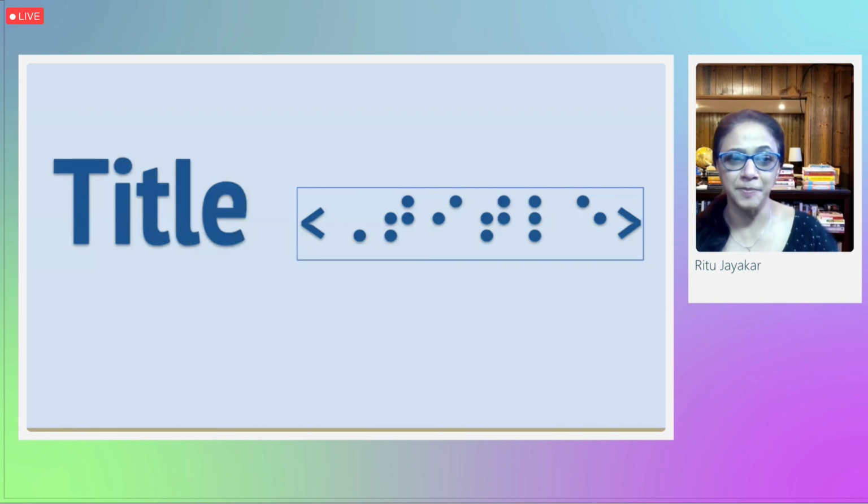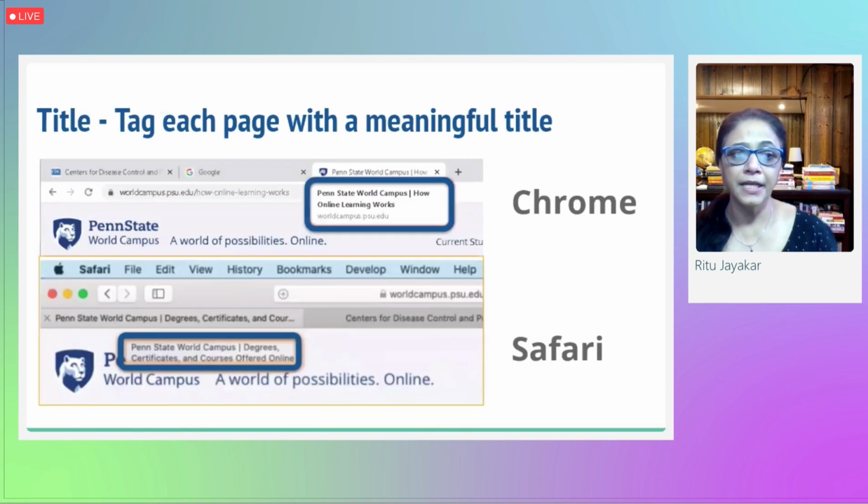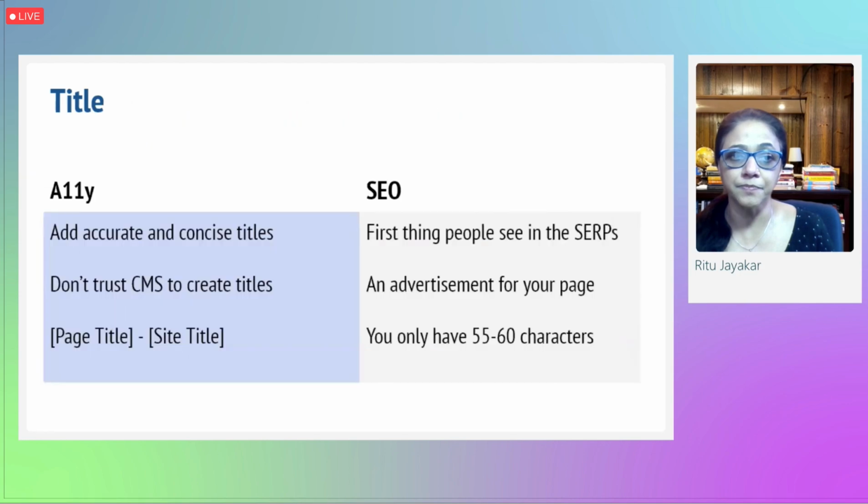Title, our first page element. Each web page has a title that describes the topic or the purpose of the page. Titles are not very obvious and hardly used by our sighted users. They can have multiple tabs open in the same window and still navigate with ease from one tab to another. But screen reader users depend on the title of the page to move to the correct tab. If titles are duplicated or missing, it would be very difficult for screen reader users to find the right page.